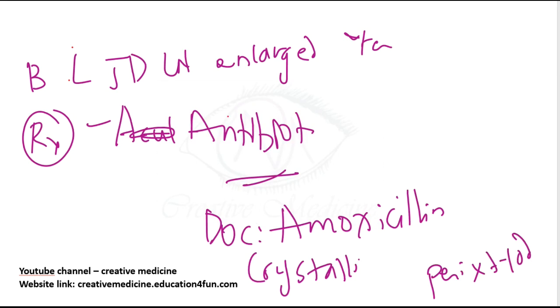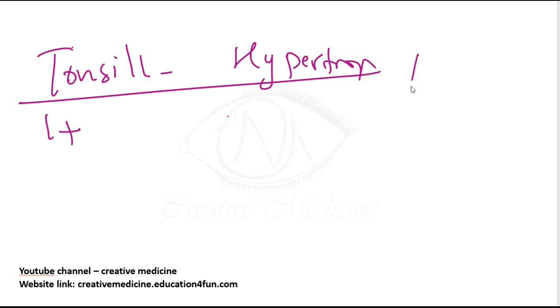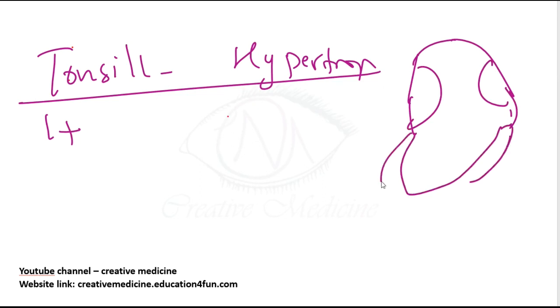Now, one important piece of information about tonsillitis is tonsillar hypertrophy. There are gradings of tonsillar hypertrophy. So we have 1 plus. If this is the oral cavity, here you will see tonsillar hypertrophy. If the hypertrophy is up to 25% of projection, this is the nose, this is the mouth, like this.